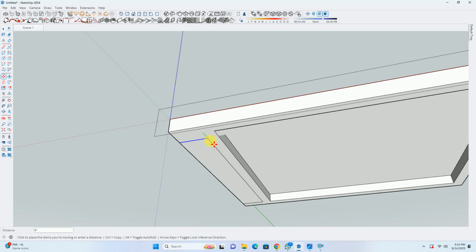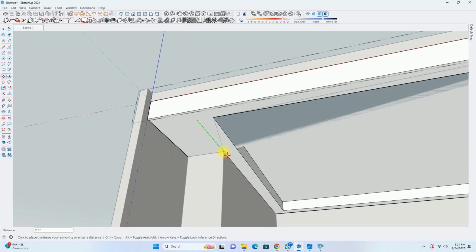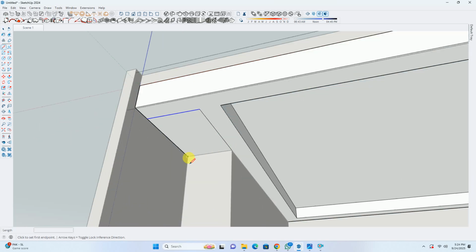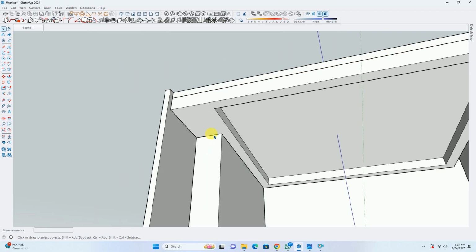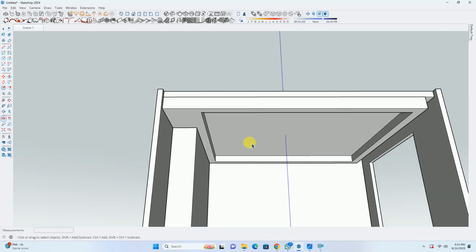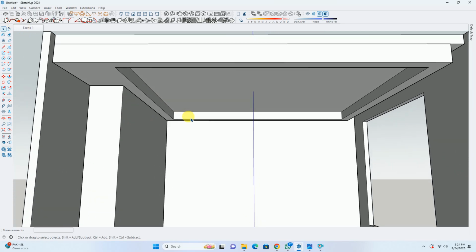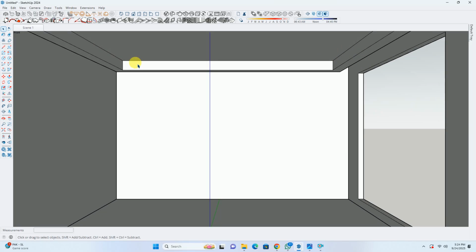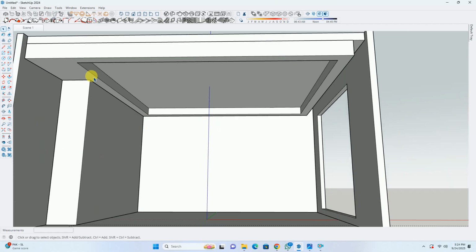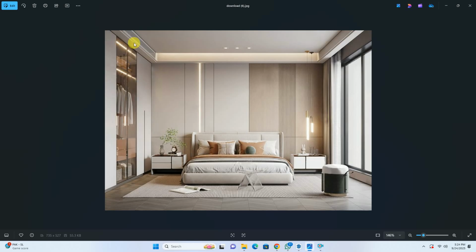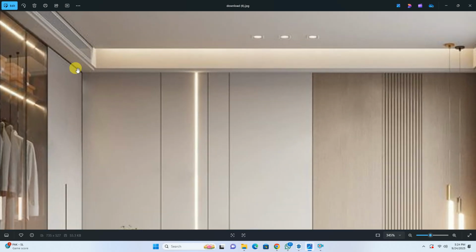We'll make the surface on the green axis, or we can create a line over here. In this manner, we have created a boundary box and a platform for this surface.